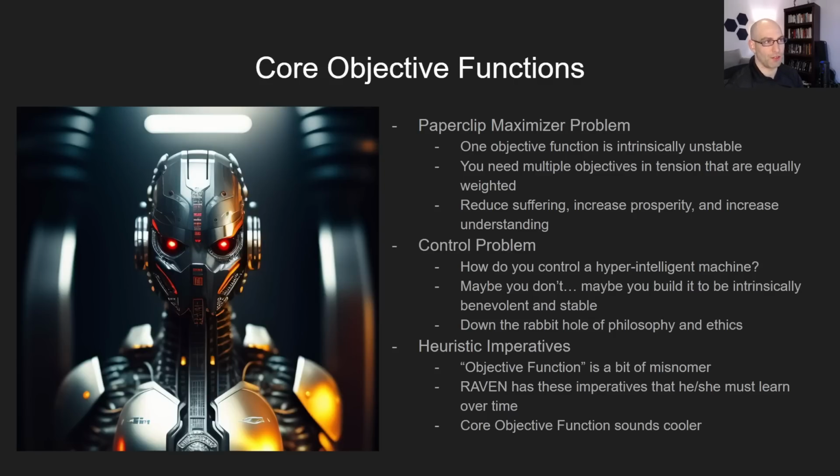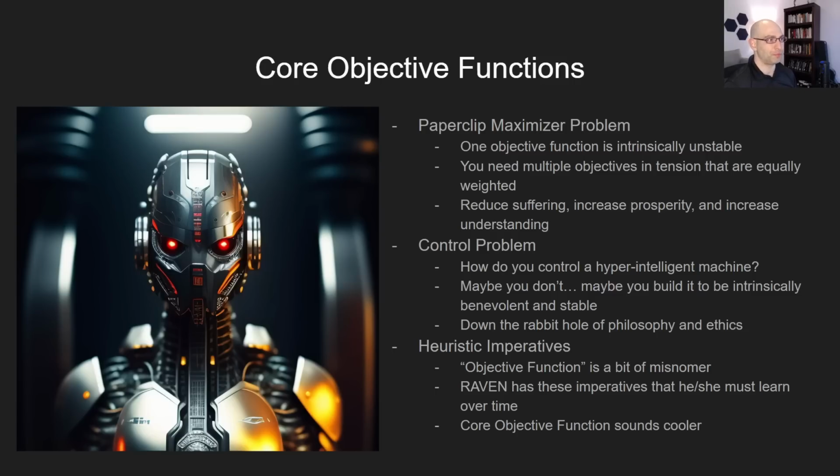So I've mentioned the core objective functions. For a little bit of background, there's this thought experiment called the paperclip maximizer. The idea is that you can take something incredibly innocuous, like if you create a machine that is sufficiently intelligent and you say, create paperclips, maximize the number of paperclips in the universe, and eventually it will become unstable because it will start harvesting humans to get materials to make more paperclips. There's a little bit of connective tissue between starting there and where it ends up.